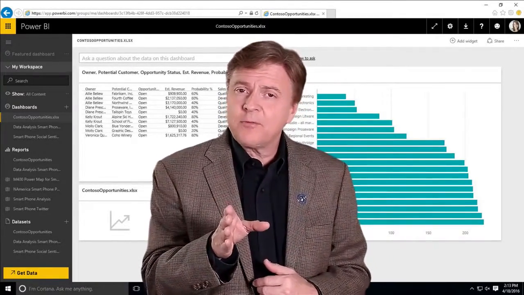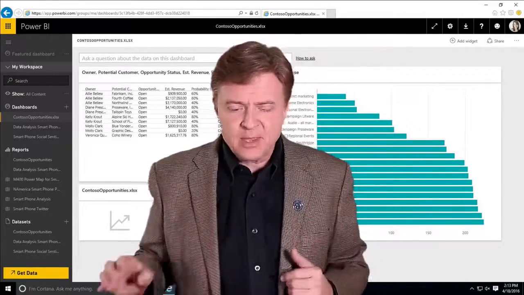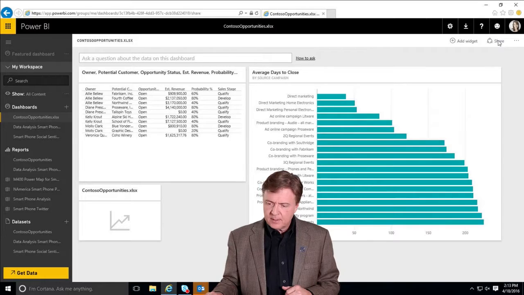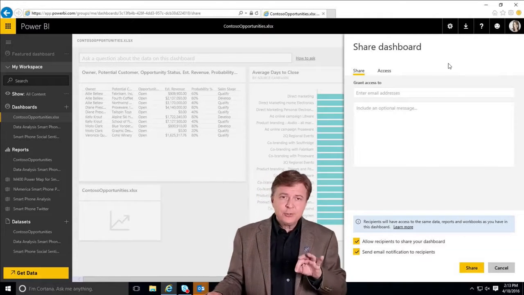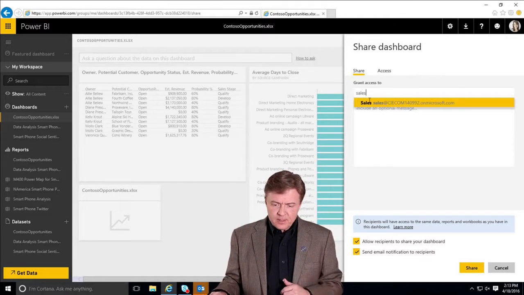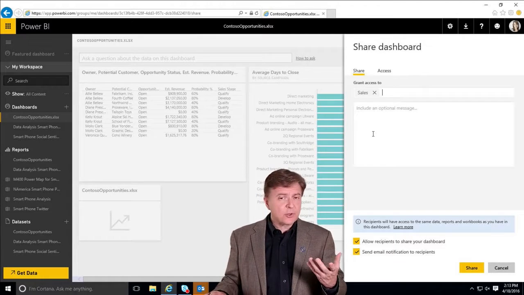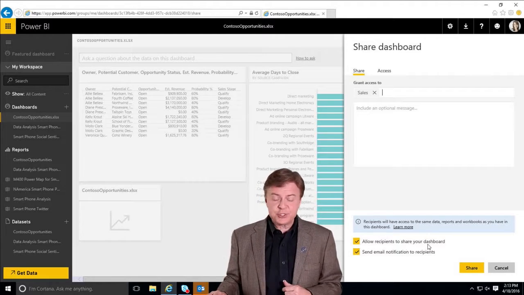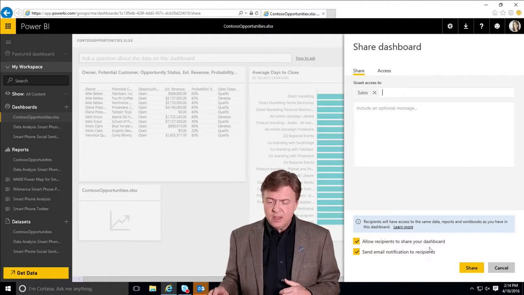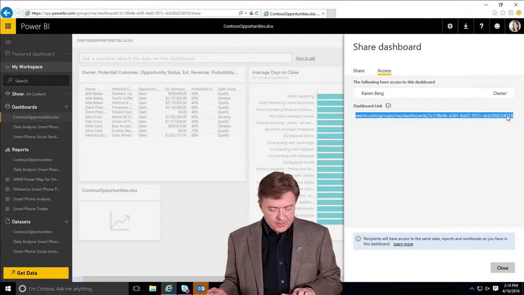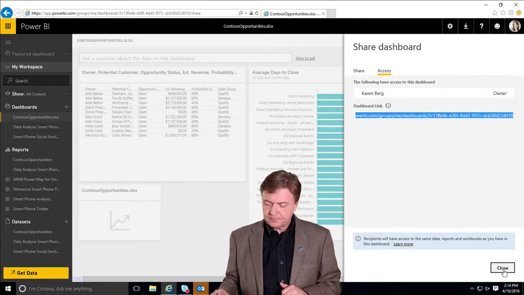Let's take a look at a couple of opportunities and ways to get this information to them. Now you'll notice if I come to the upper right hand corner, follow me, and I click on this share button right here, I have an opportunity to share this dashboard right here. And I can simply type in a distribution name here and select that and send this to them so that they have this as a shared document with them, and it'll show up in their email. They also have the ability to share the dashboard with their colleagues if they want to. Or I can hit this Access tab here and choose this link, copy this link to my clipboard,